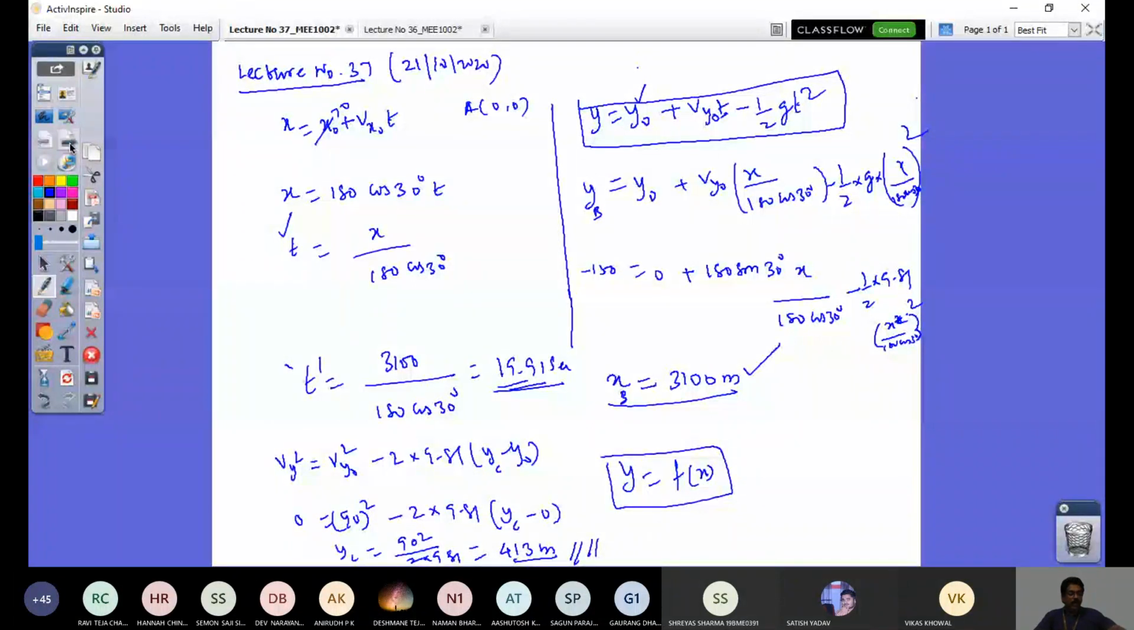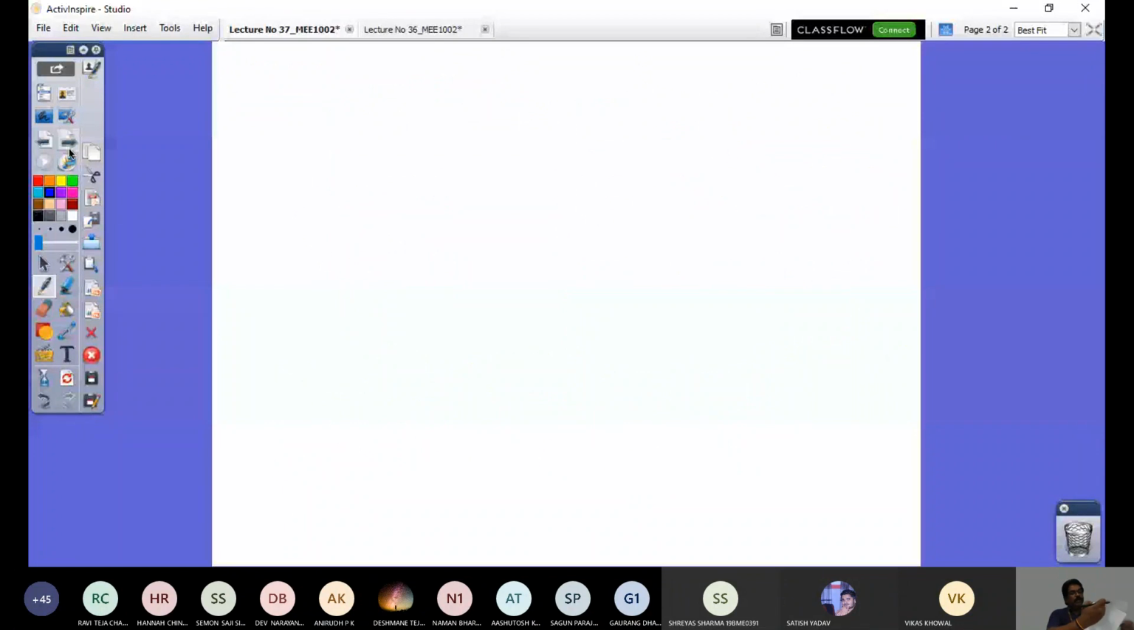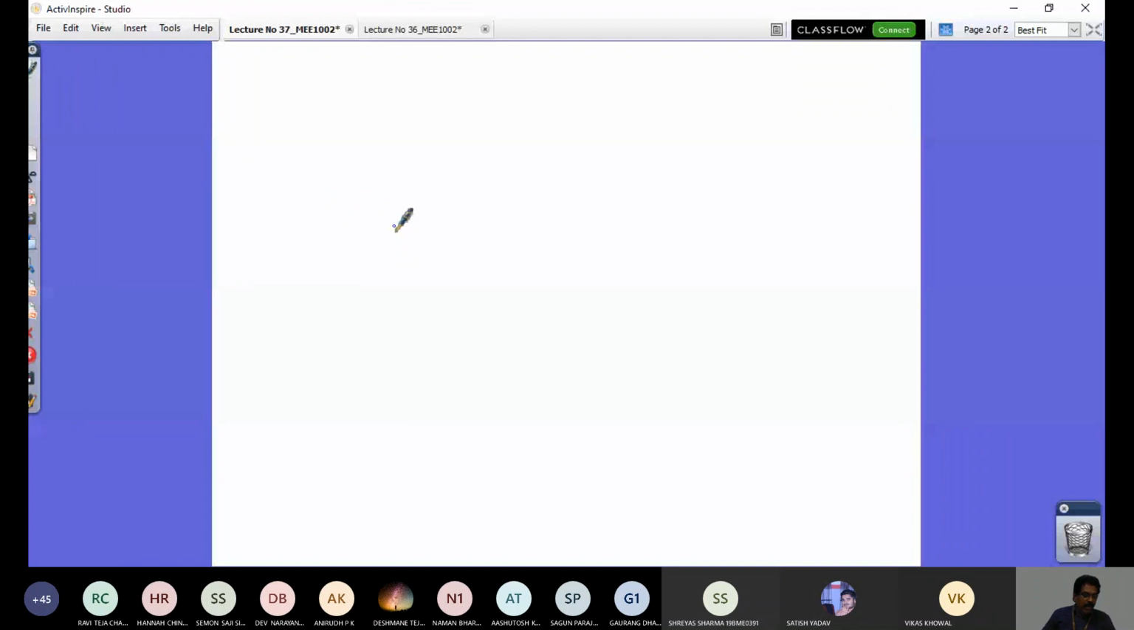Okay. If no doubt, let us look at now the second question. So now your projectile is fired with an initial velocity of 244 meters per second. So I have here, I'm standing here, and then there is